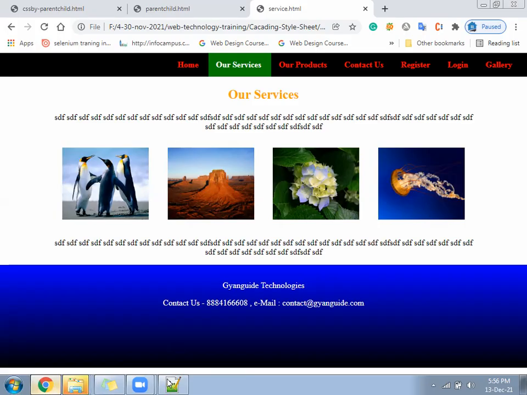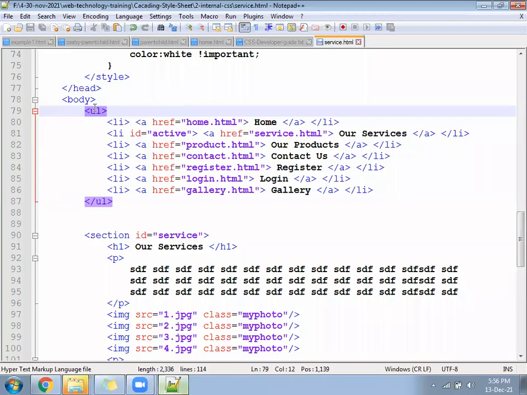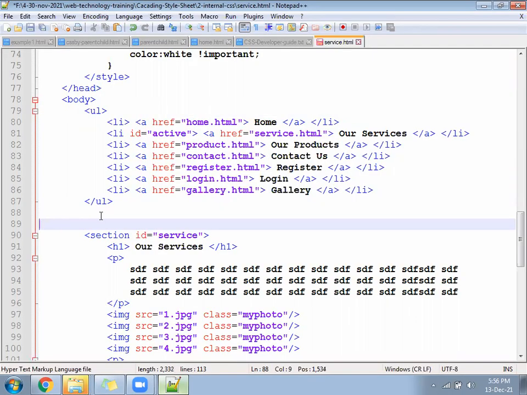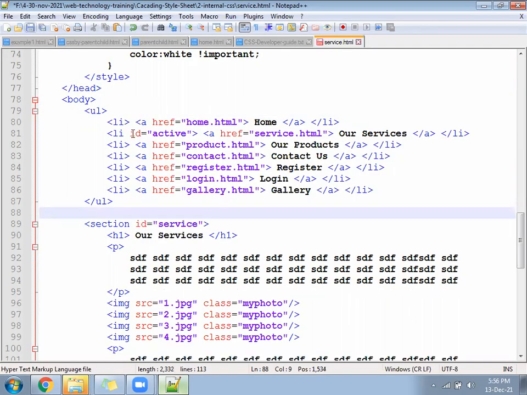Looking similar or different, shall I share the service file? Intro block we have deleted. Service section we have. The problem is, you feel more comfortable with internal CSS than inline. But see the problem.